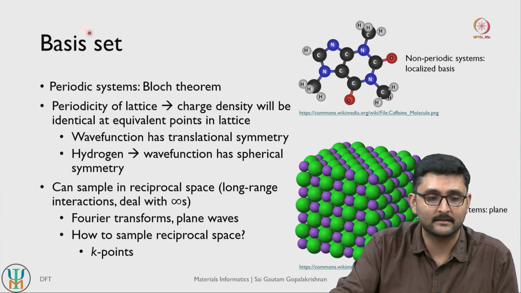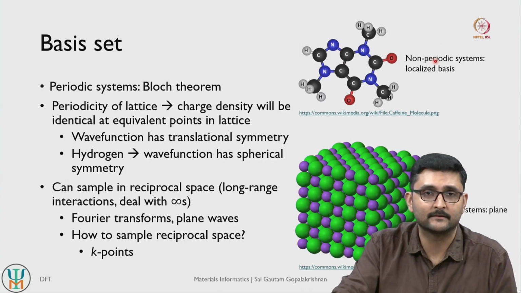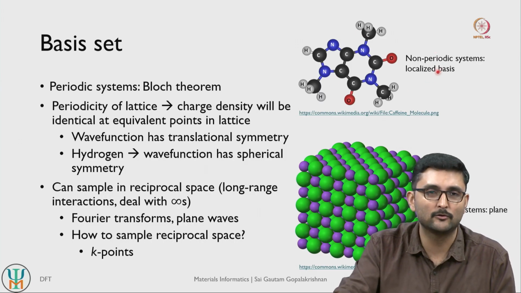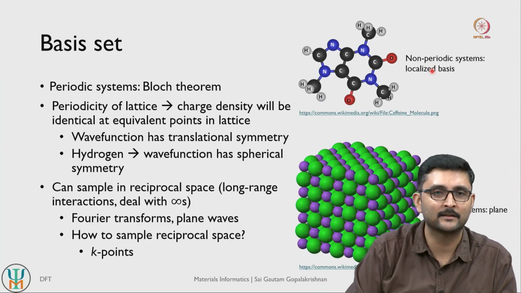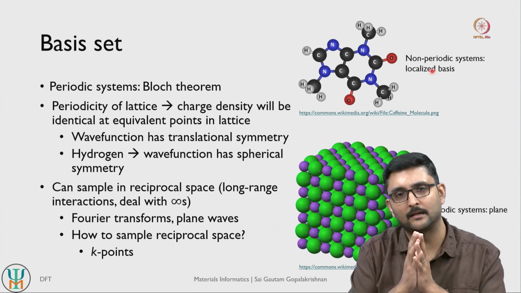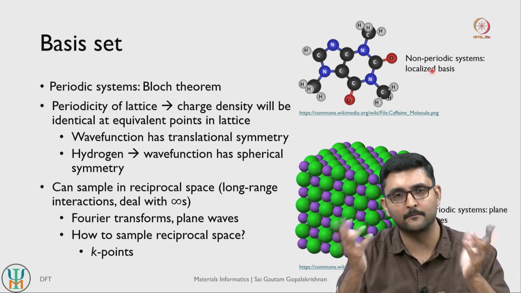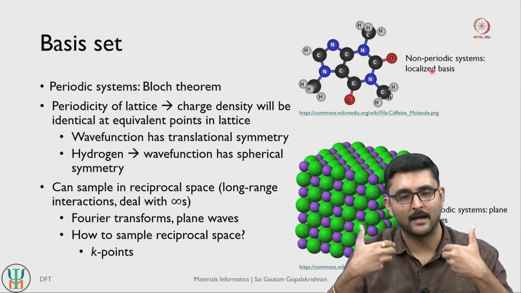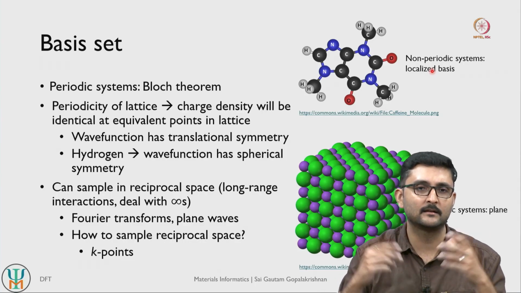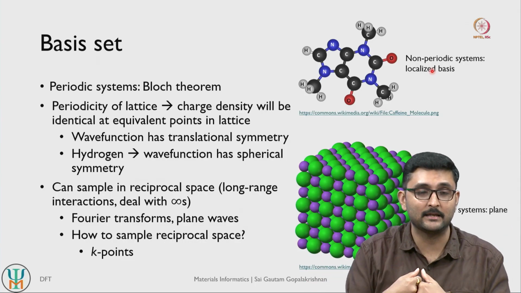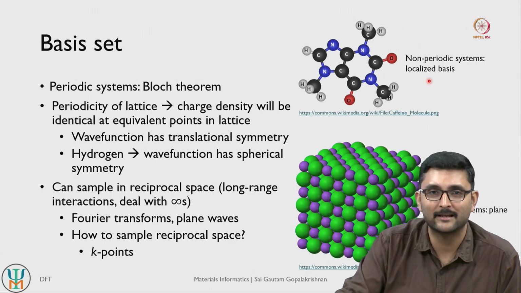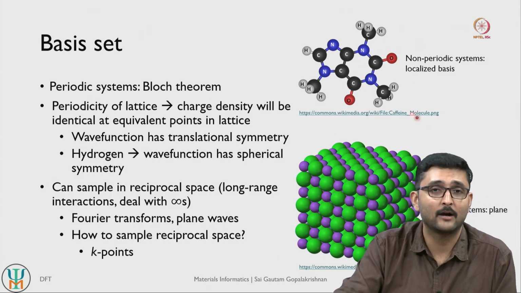So with respect to basis set itself, right. So if you have a non-periodic system, so this is an example of a caffeine molecule that is found in coffee, right. So if you have a non-periodic system you use typically a localized basis function, and there are several different choices that you can make when you have a localized basis. Simplest one is a collection of Gaussians. So each orbital you basically represent as a collection of Gaussians or as an expansion of Gaussians. So these Gaussians sort of superimpose on one another, and you basically use that to represent electrons in a fairly localized state, right.